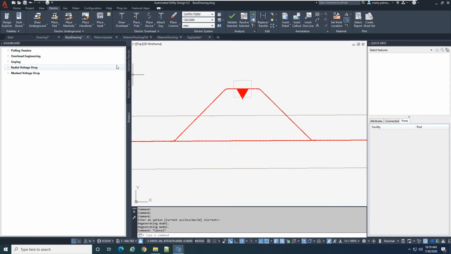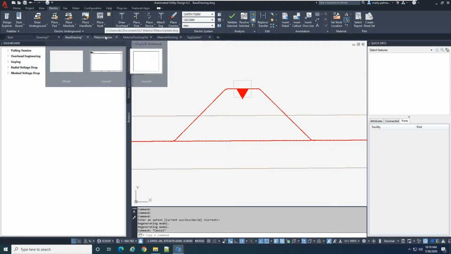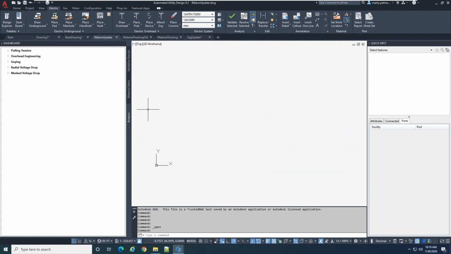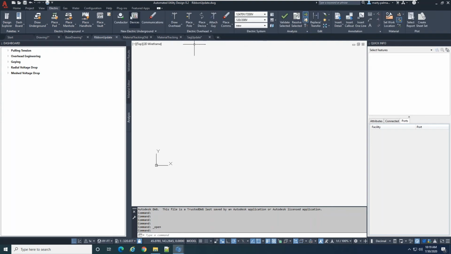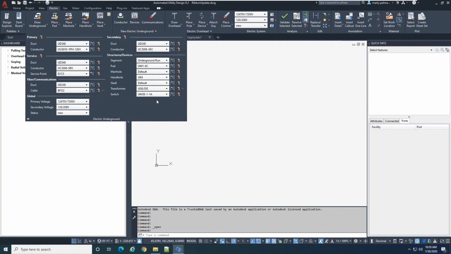So to show an example of this, I'm going to flip over here to a different drawing. And I am going to enable a separate panel that I've created. Okay, so you can see here's the out-of-the-box electric underground ribbon and panel. And in that panel, typically in the past when you're designing, you would have to come into here and set all of your defaults